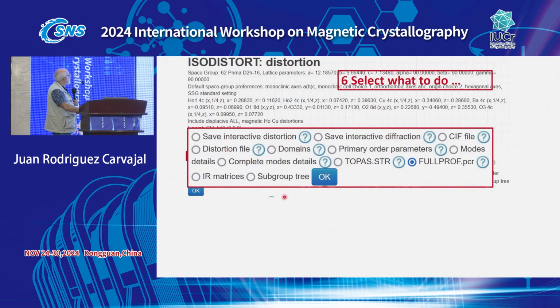Then you have many possibilities, save interactive distortion. Well, Branton will explain that in more detail. But I'm interested only in the part concerning fullprof. You see that you can also export that for Topaz and fullprof. And when you click on OK, if you do that, immediately you will change the setting. In the general case, you are changing the setting all the time. And then be very careful, because it's important